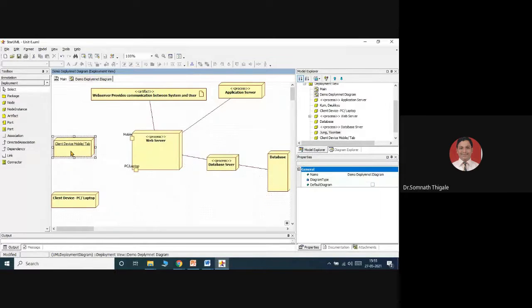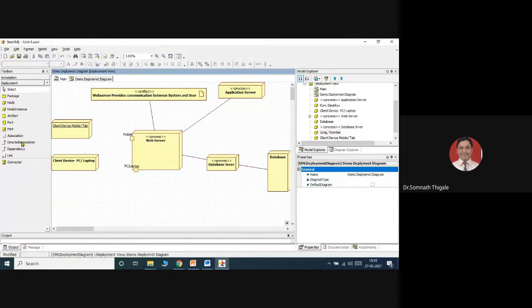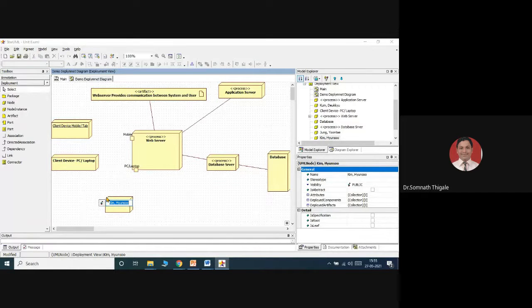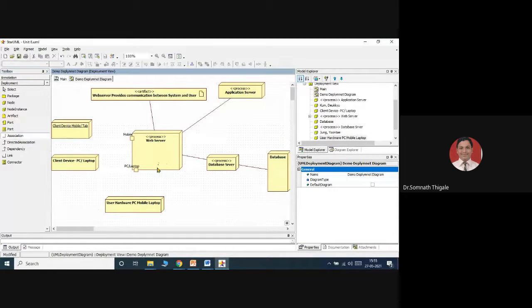So let us consider a human, one simple node, which I will consider here as user hardware. That hardware may be a PC, mobile, or maybe a laptop, or any device. It is allowing.